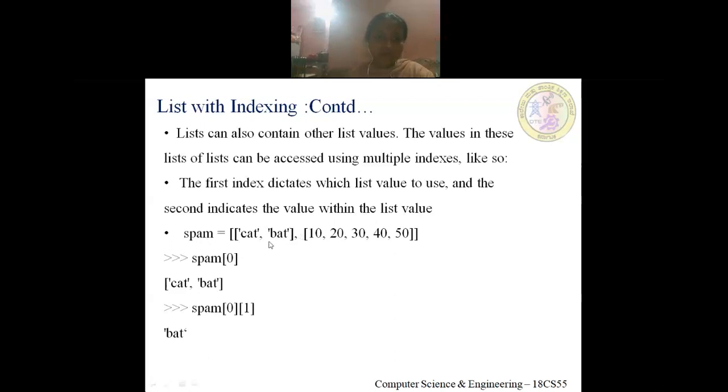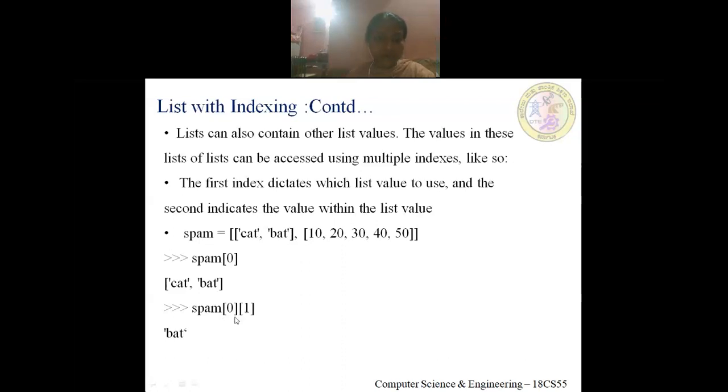So spam[0] represents the first list, and spam[1] represents the other list, that is 10, 20, 30, 40 and 50. For example, if I want to access cat, I will go with multiple indexing. Here I have taken spam[0][1], similar to how you access a two-dimensional array.